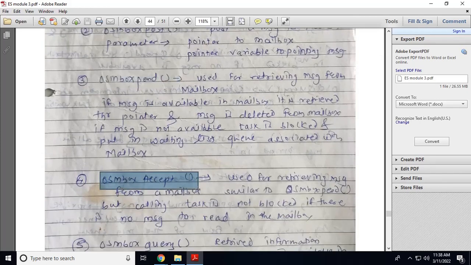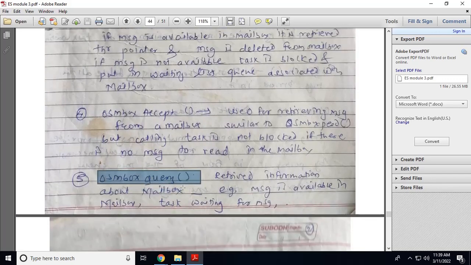OS mailbox accept. This function is similar to OS mailbox pend. It is used to retrieve the message from the mailbox, but if the message is not available, the task which calls this function is not blocked. It can continue its execution. That is the difference between OS mailbox accept and OS mailbox pend.